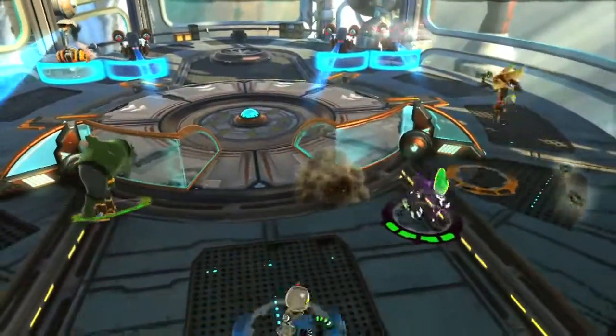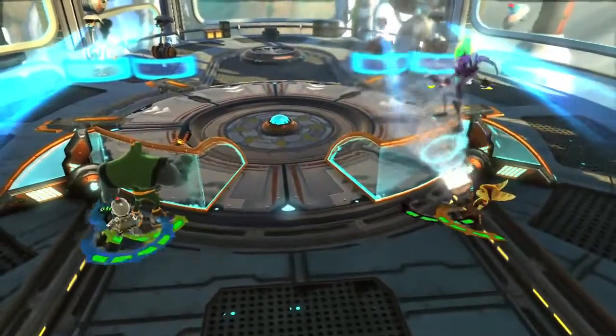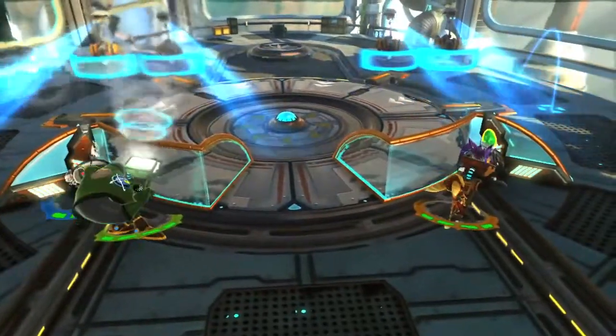Here we're giving players another chance to sit back and survey the playfield and work together to take out cover